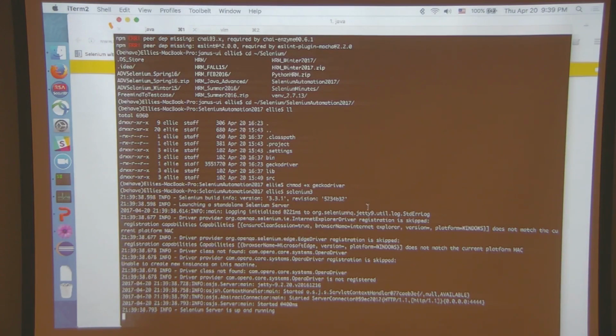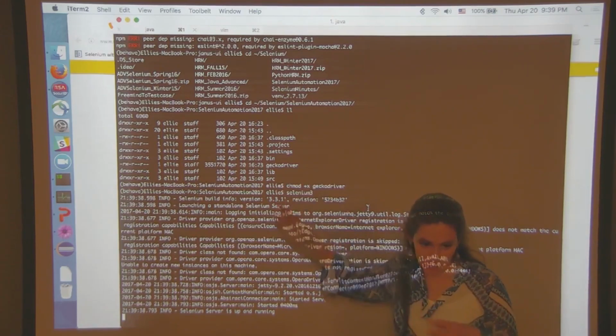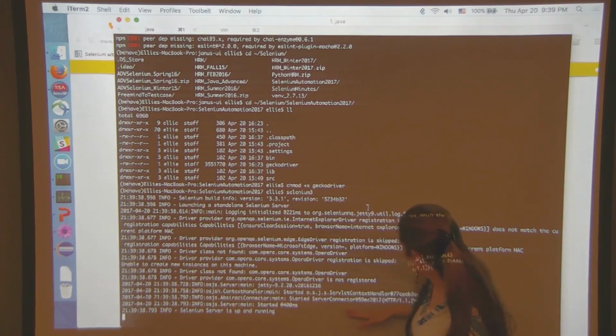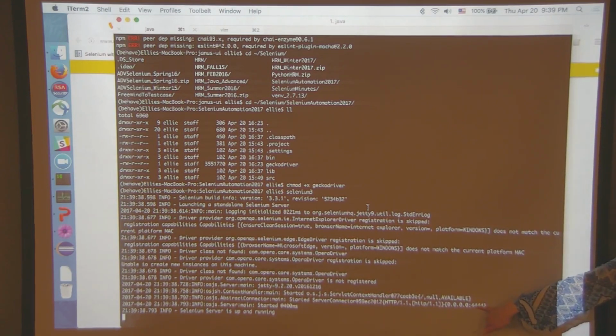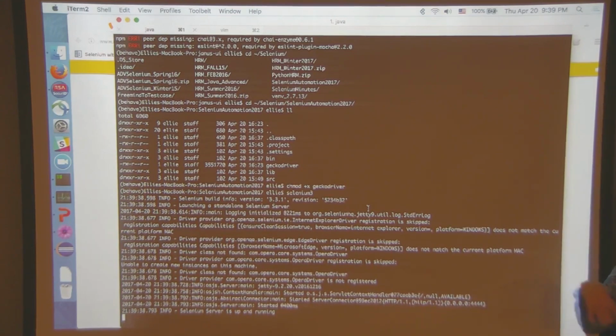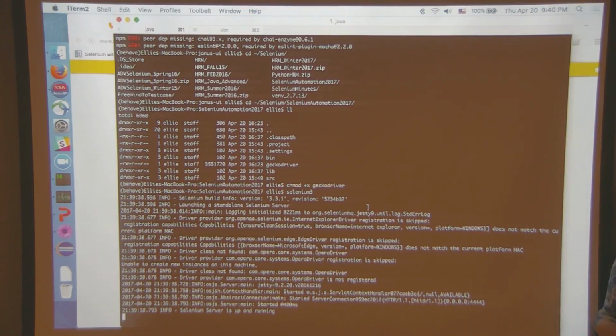So, I just started Selenium server. Basically, I have a special command. When I say selenium 3, my computer knows to start up Selenium server. I do it a lot. See, it's telling you that it started up a whole bunch of stuff, and now it's listening on port 4444. The 0.0.0.0 means it's local. It's locally listening on your computer, on a port, a telephone line, port 4444.